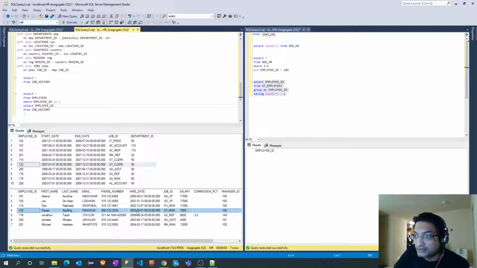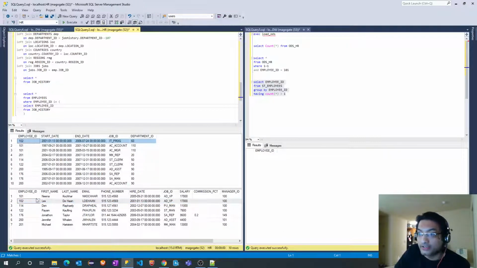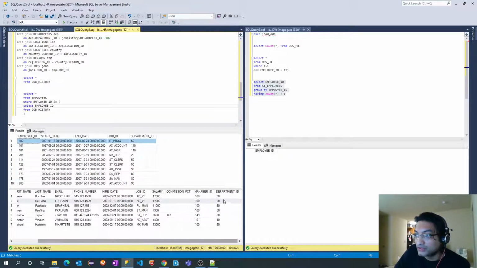Hire date is 2003, 2007, 2002. Yeah, look at this record 102. The employee ID is the same between the employees table and the job history table. Hire date is also the same, 13 Jan 2001. Job ID is different, and maybe the department ID is also different.